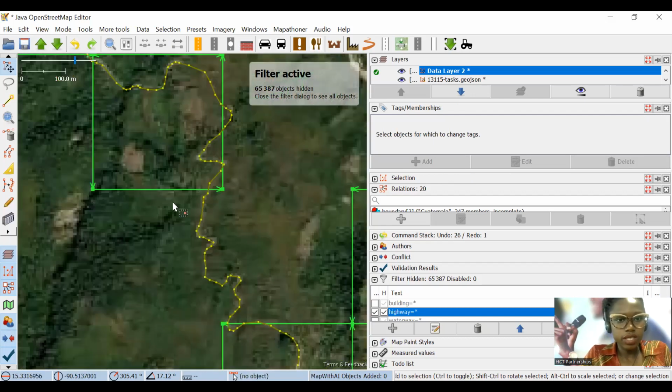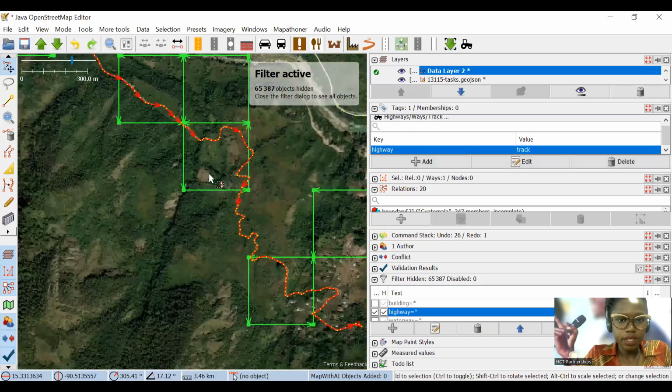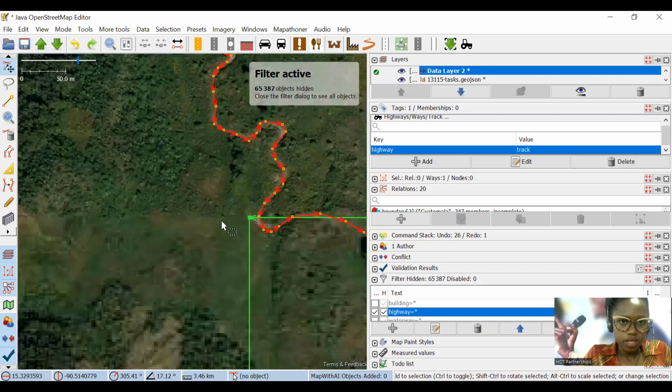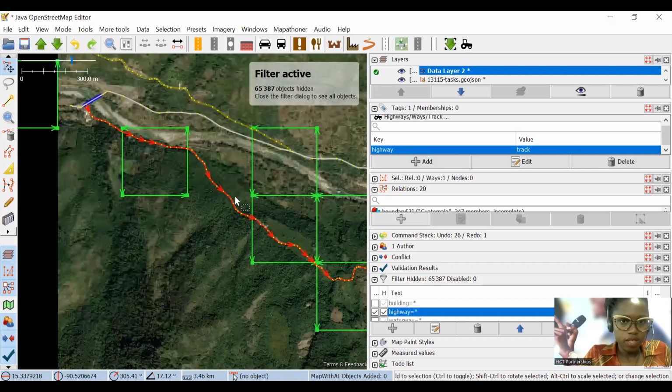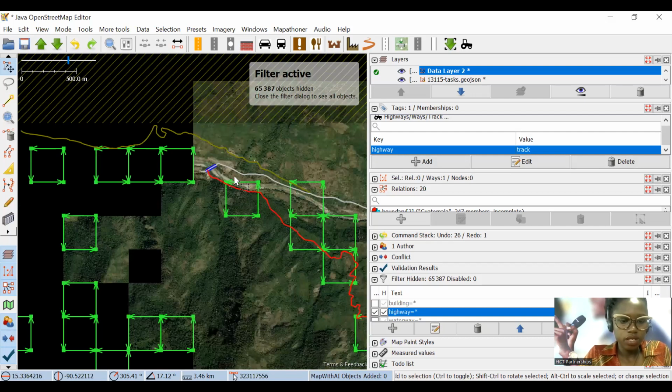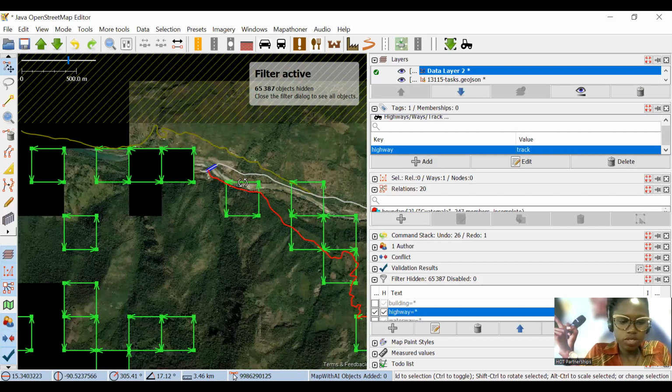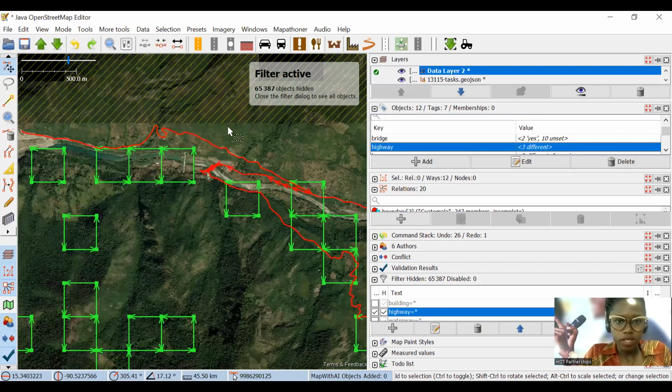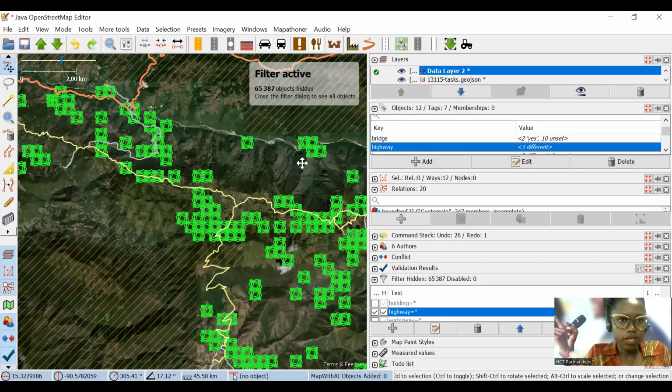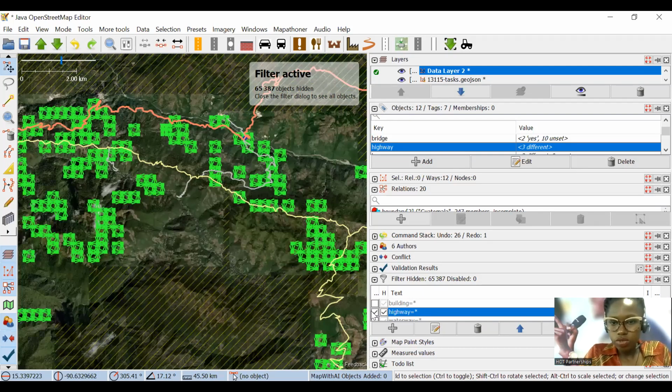Okay, so this is, yes, I would agree this is a track. So let's see, Control E. The connectivity still is okay. So after that, I'm going to check